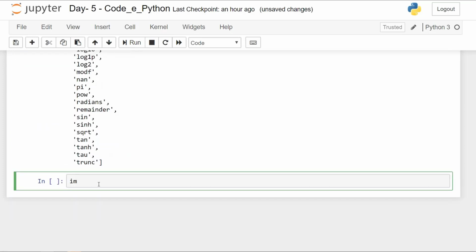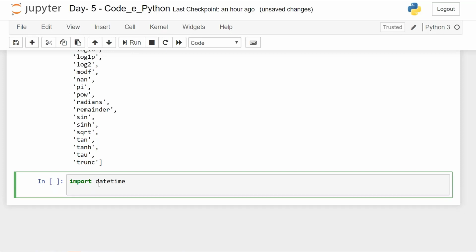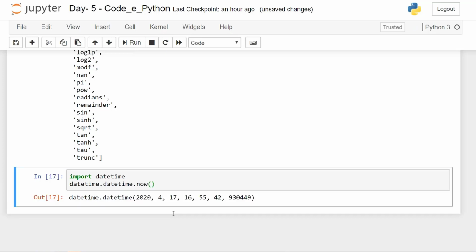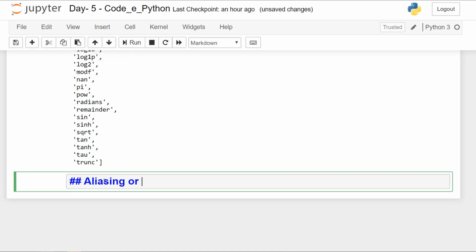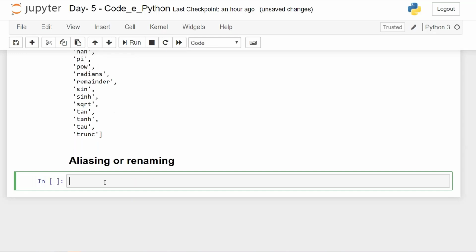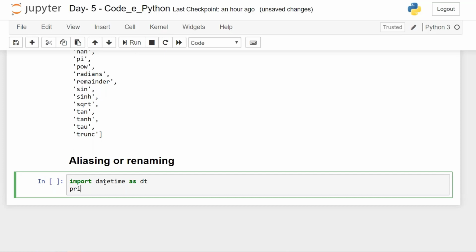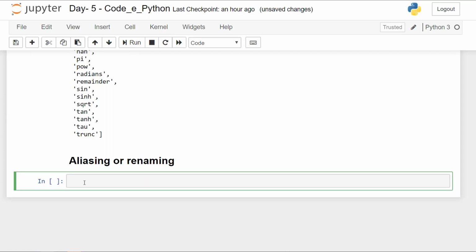Next, datetime. Now, datetime gives you date and time, as simply defined by its name. 16, 17, 4, 2020. We call it aliasing or renaming. So whenever I write import datetime as dt, now when I print, I'll write dt.datetime.now. If I do not want to use the complete name again and again, like I'm using datetime at least once,